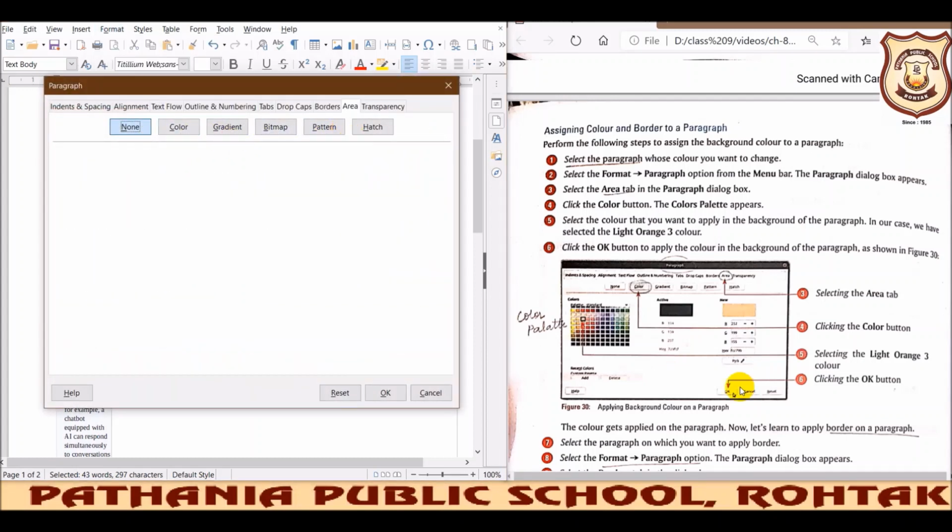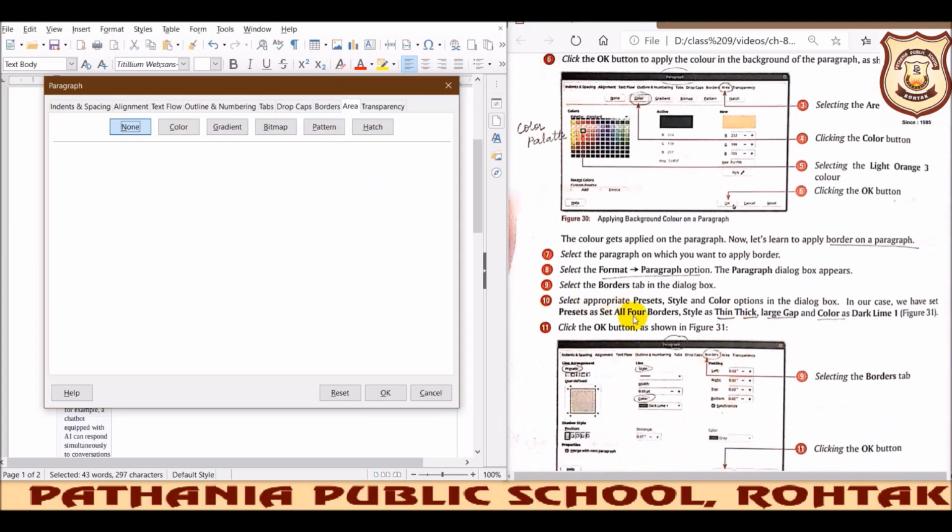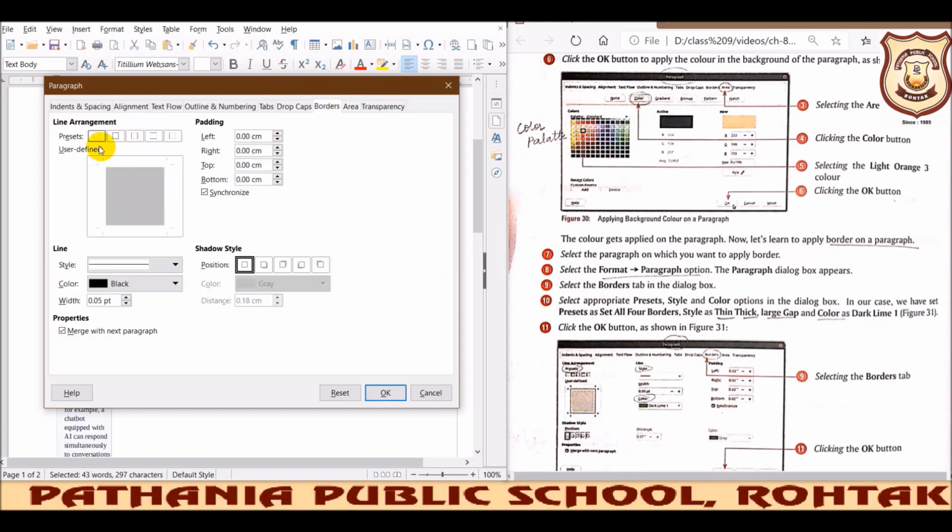Now if you want to implement the border, okay, so for that you need to go in borders, and then presets that have been line arrangement that has been defined. Okay, I have discussed this thing in previous lecture also. If you want this type of border, all four sides of border, so whatever border you want you can select.